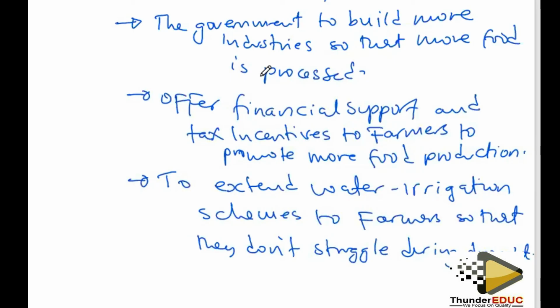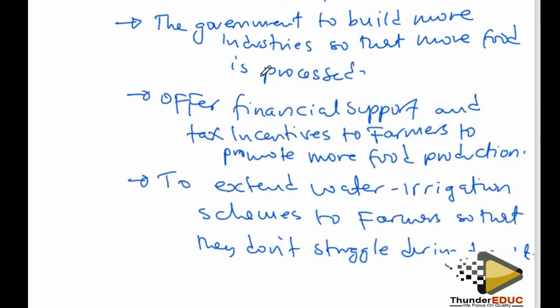Incentives could be in the form of the government either reducing the taxes imposed on the farmers or giving them tax holidays. In one way or the other, this is to encourage them to put more effort into food production,